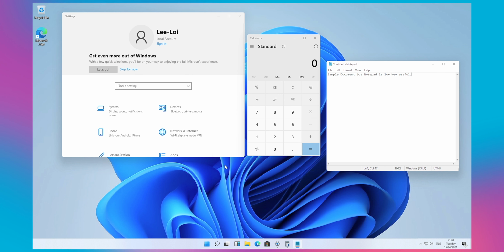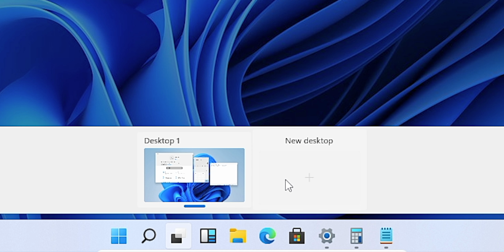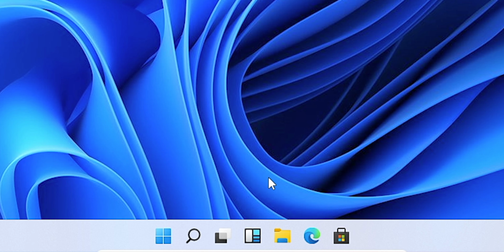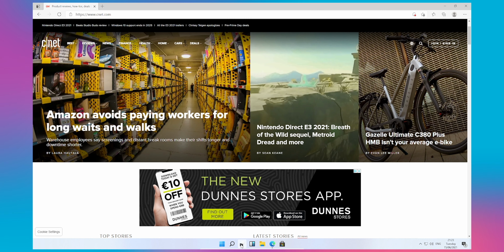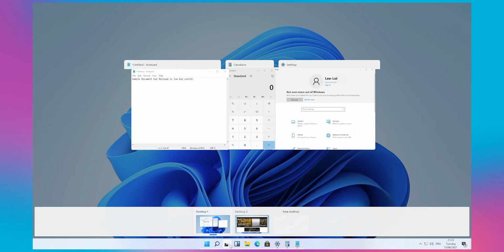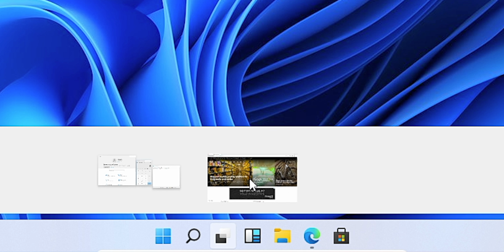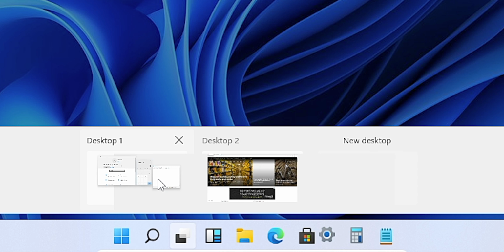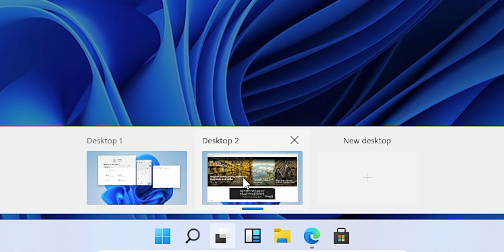Multitasking has also really improved in Windows 11. Look at this new Task View button. When you press it, you can have multiple desktops, and that behaves the same way like Mission Control or Spaces in macOS. Notice how the Windows menu changes depending on which desktop you're looking at in Task View. It will only show open programs on the menu bar in that specific desktop.